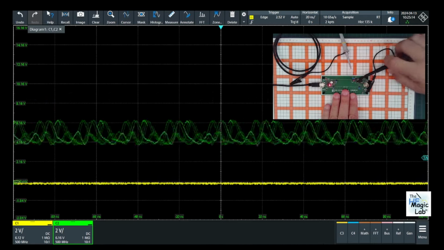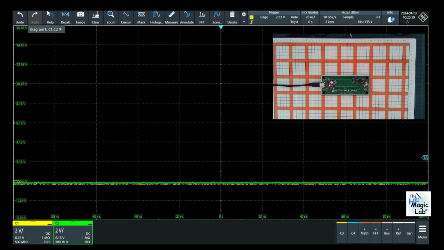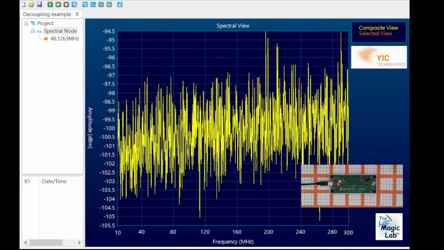Let me disconnect the voltage probes, and now let me see what happens if we scan the PC board using EMViewer. EMViewer is the software that